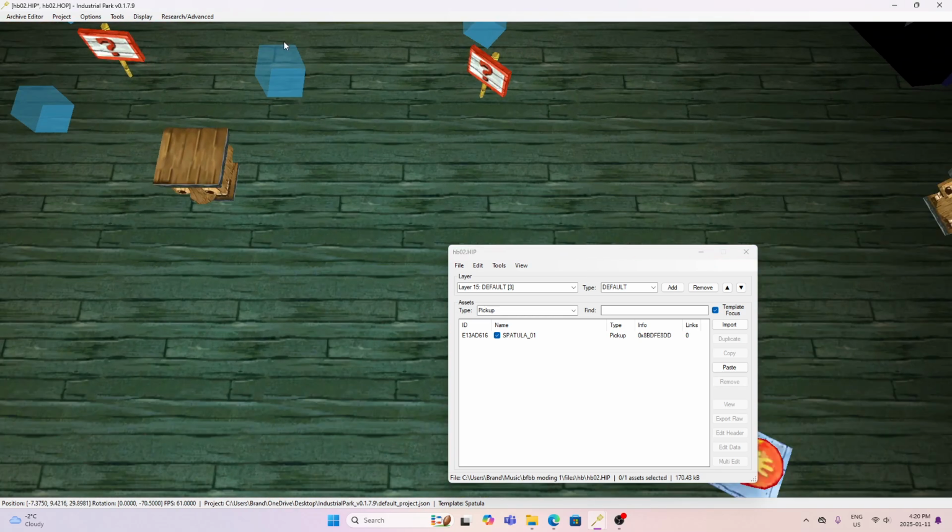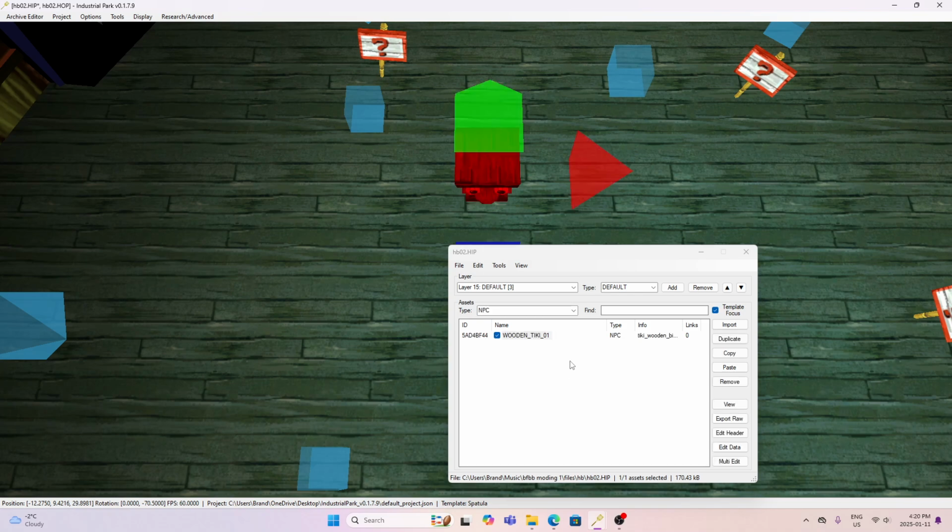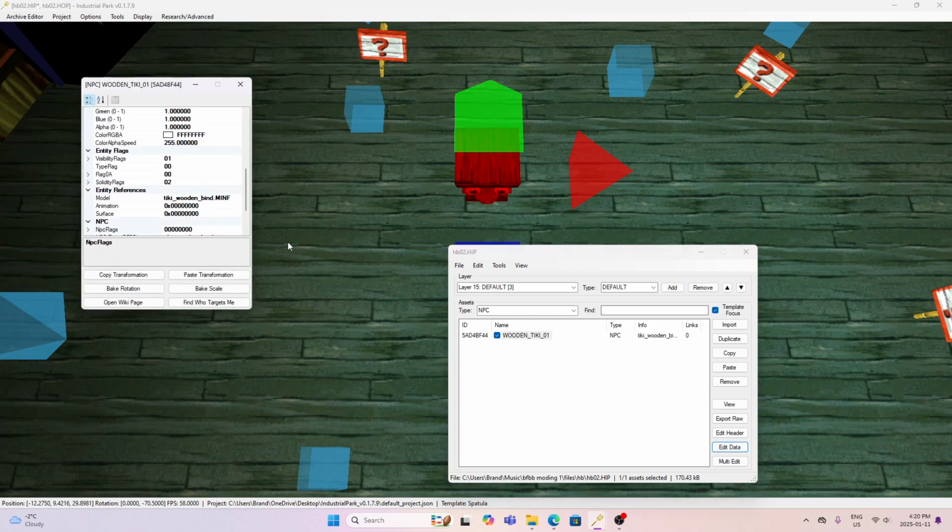So the tiki's right there. So there's the tikis. So we're gonna add more tikis. No, we're not gonna do this. So now we're gonna have to do this. I don't want to type this out more and more and more. So click this,